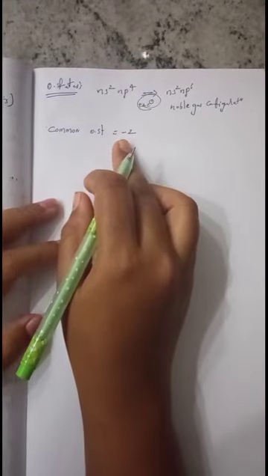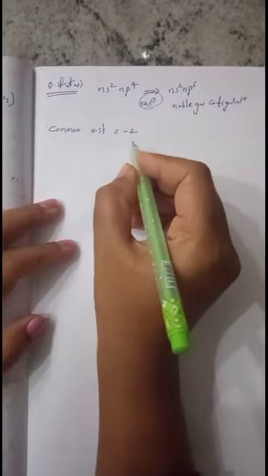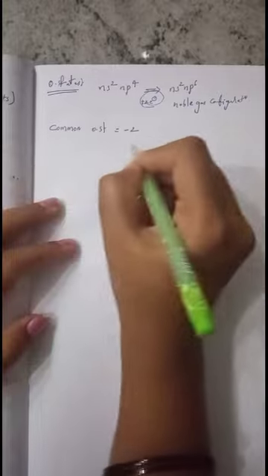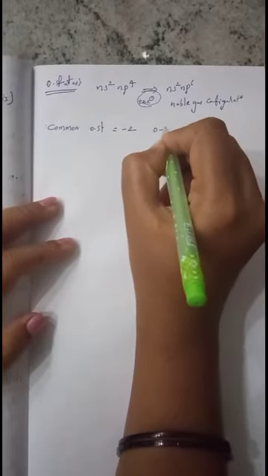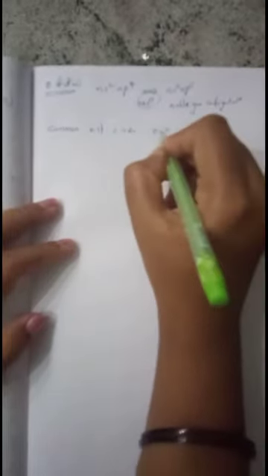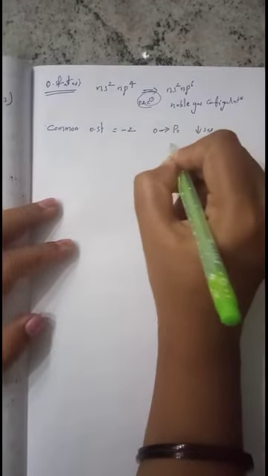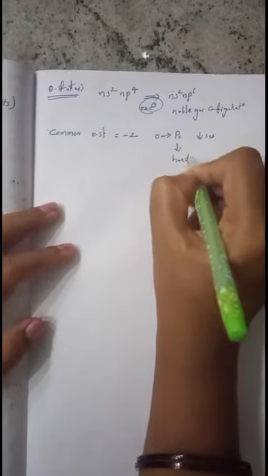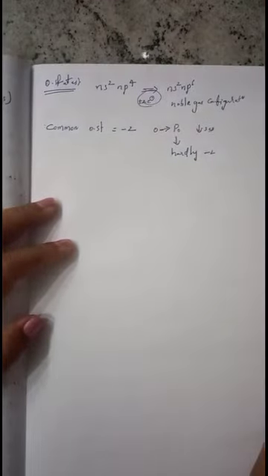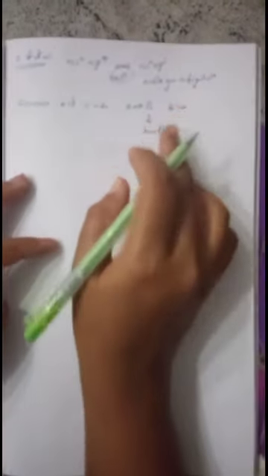Now, the stability of the -2 oxidation state decreases from oxygen to polonium. Polonium hardly can show the -2 oxidation state. So from oxygen to polonium, the stability of the -2 oxidation state decreases. Polonium, in very rare cases, is able to show the -2 oxidation state.